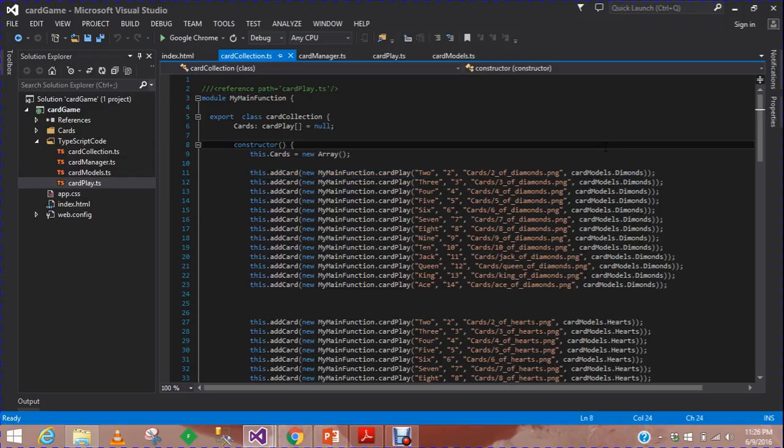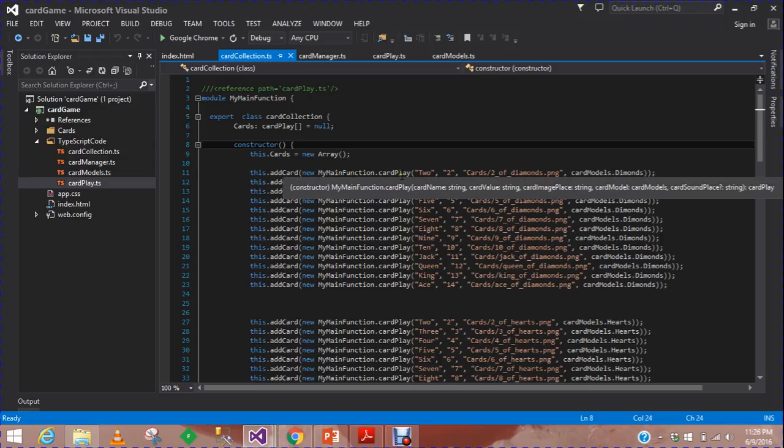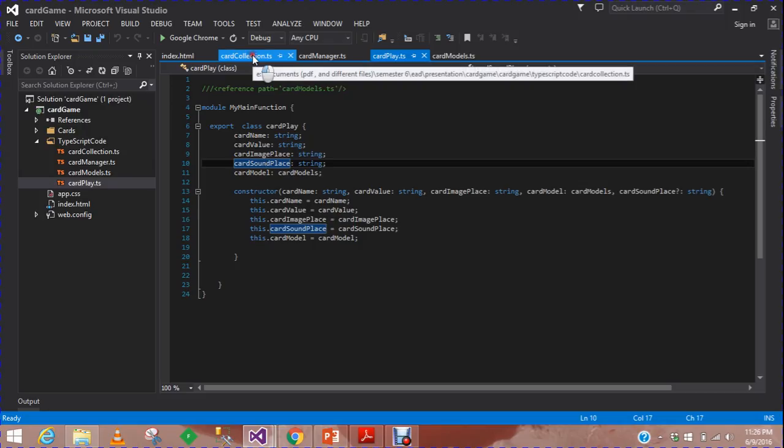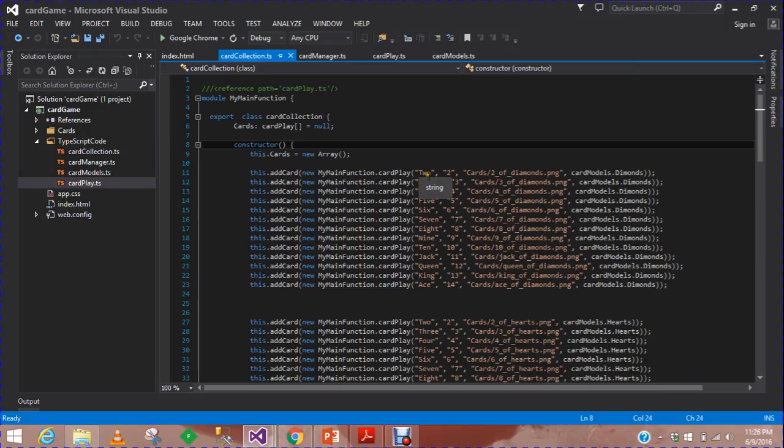This dot add card, my main functions dot card play, and card play is a class, and in the class constructor I am sending the values, because there is no number one card in the card deck. Cards start from 2,